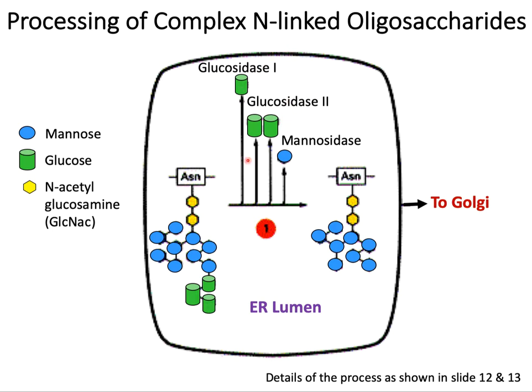So here, these are all ER resident proteins, and these are known as the ER glucosidase 1, ER glucosidase 2, ER mannosidase, and sometimes they are also known as the alpha glucosidase 2, alpha mannosidase, because they cleave at the alpha carbon to remove these residues. So here, the initial 9 mannose is reduced to 8 mannose in the final product,